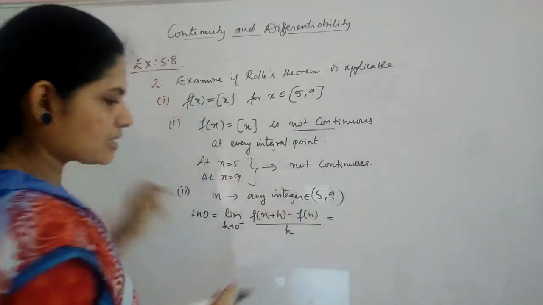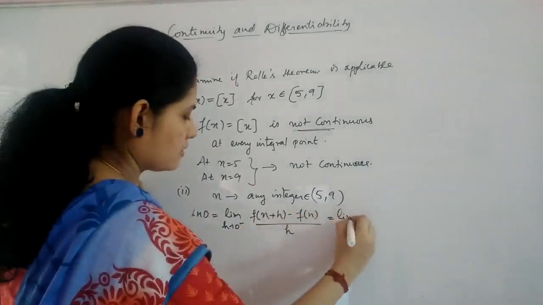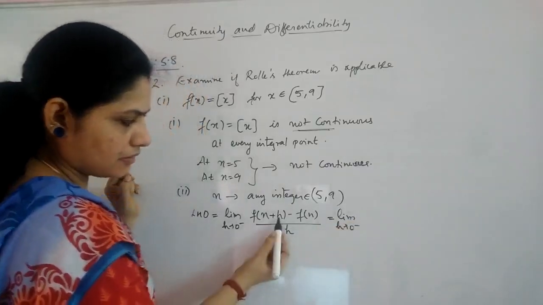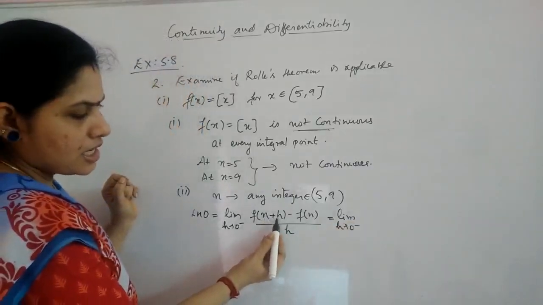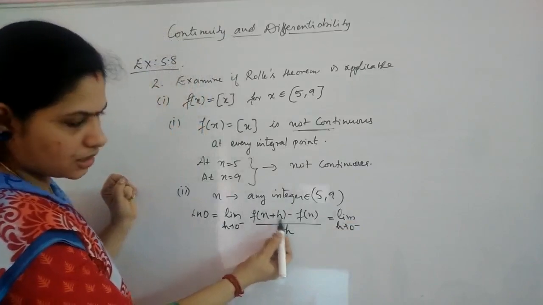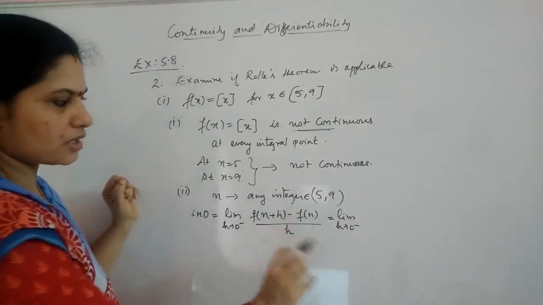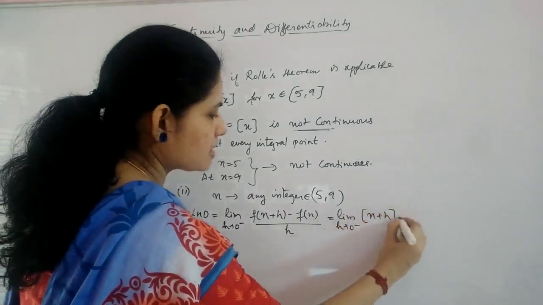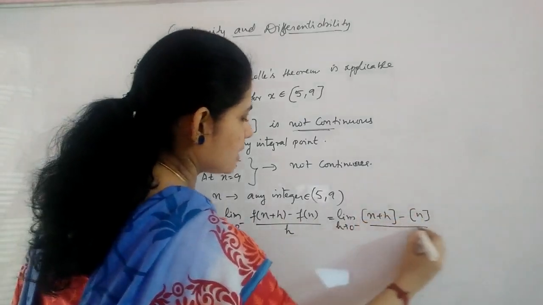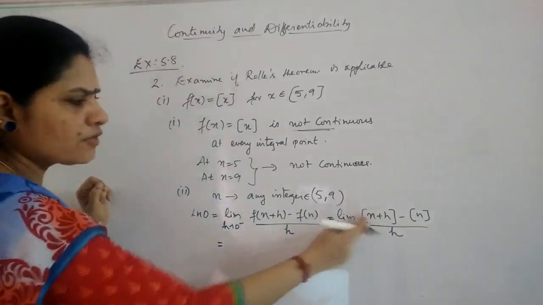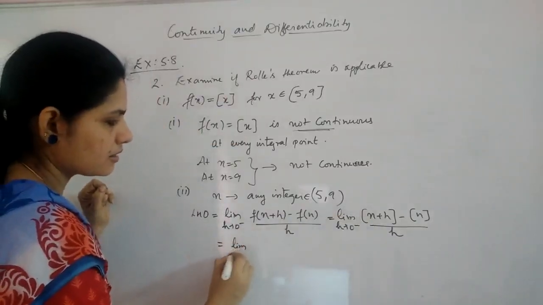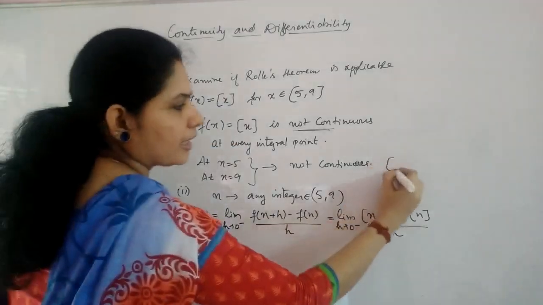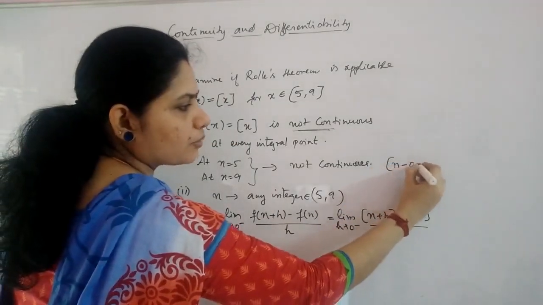Now when we replace the value, this is limit h tends to 0 minus, you have to remember this is 0 minus. Even if we are saying that n plus h, it is acting as n minus a quantity, a 0 point, a lesser quantity which is tending to 0. Okay. And this is greatest integer of n plus h minus greatest integer of n divided by h. Now what will be this? This will be limit h tends to 0. When I am applying, this will be like n minus 0 point something, right?